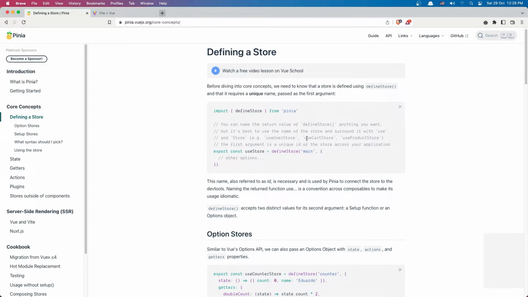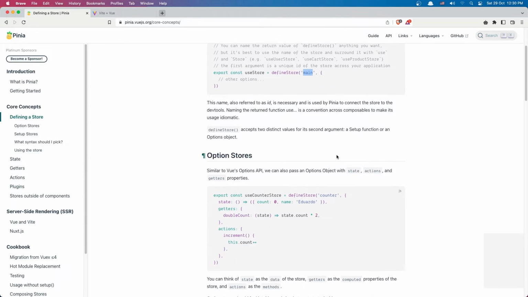Okay. The first argument is a unique ID of the store across your application. So let's go right here, and we have an example for the counter store. I'm going to copy this